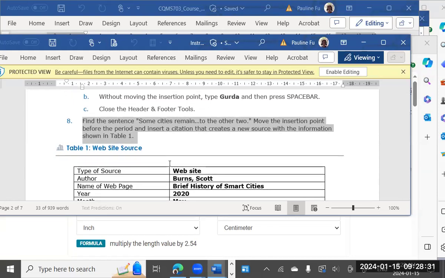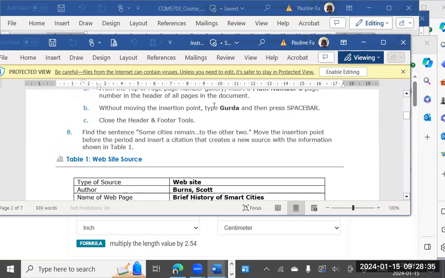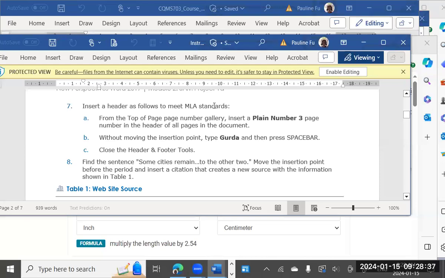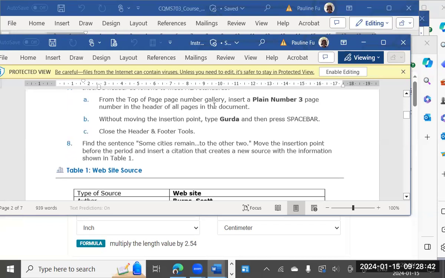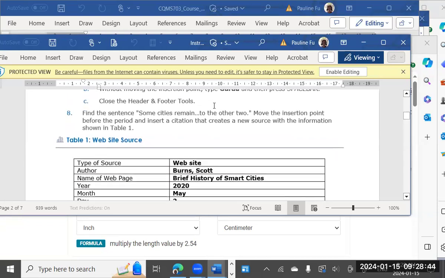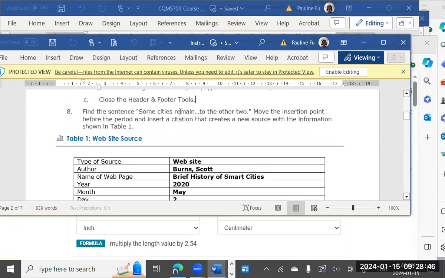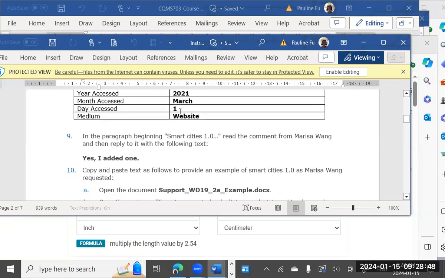Hold on. Found the sentence. This is step 8, step 9. Hey, looks strange. Why is this instruction not the same as